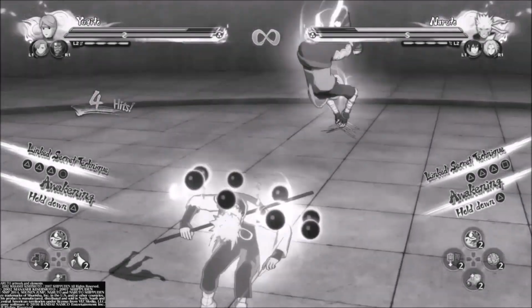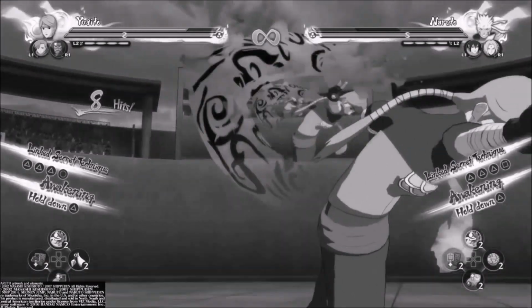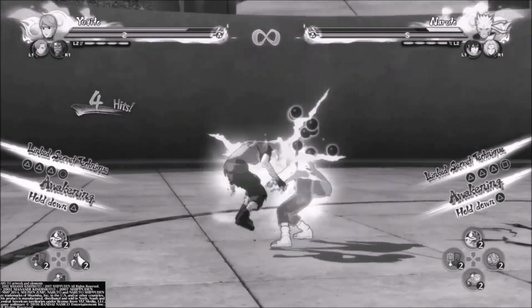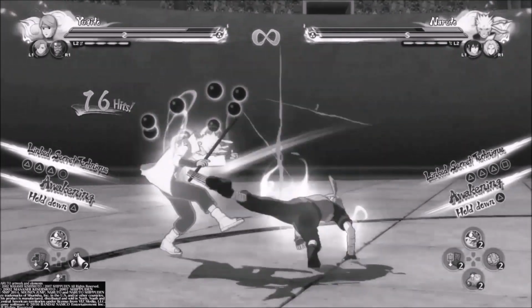Yugito is a character that is very basic, so to speak. And what I mean by basic is not that she doesn't really have anything, it's that she has options, but they're just not as flashy and appealing as you would think. That's not really a problem, but maybe a problem for some who like their characters to be a little flashy